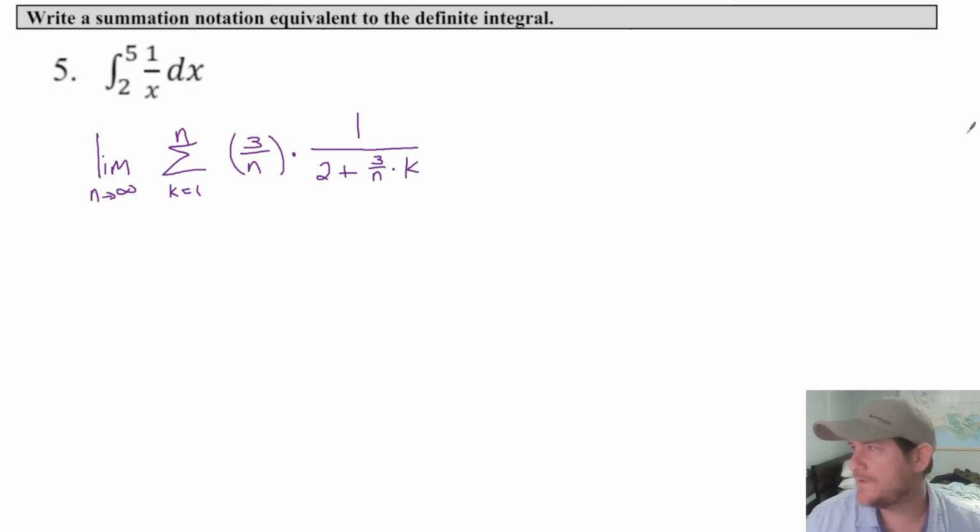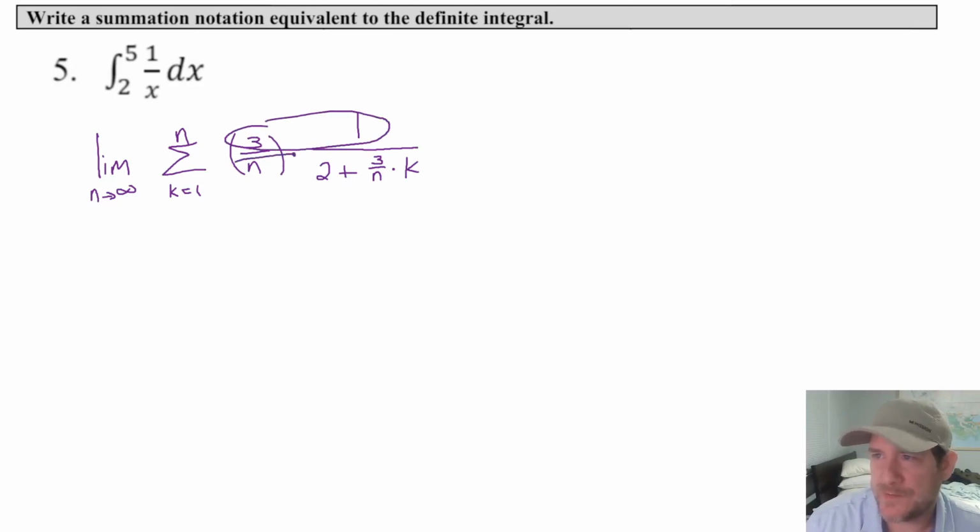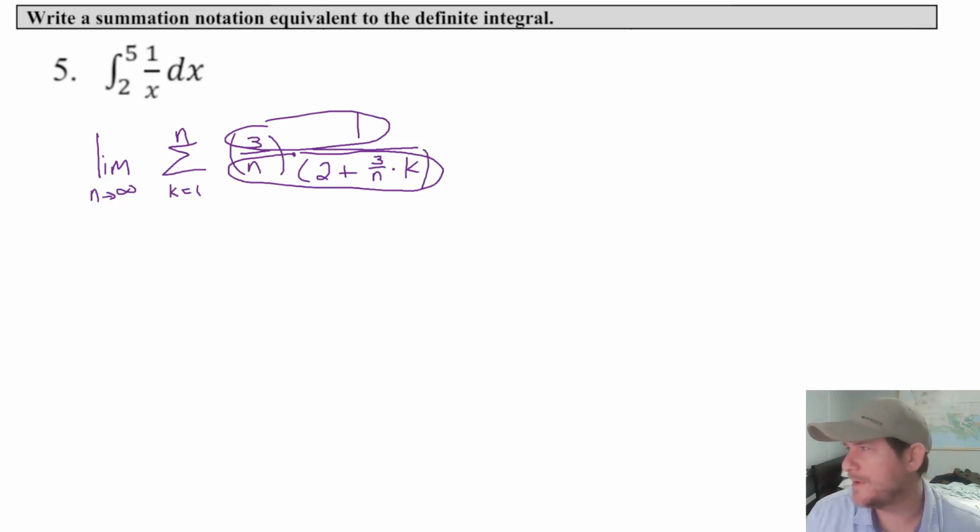This is the one that I said in class we probably should imagine simplifying, because if you're multiplying two fractions, you just multiply the tops and you multiply the bottoms. And for us, this n will distribute into this, and it will actually clean us up a little bit. So I think the best form of this answer would be